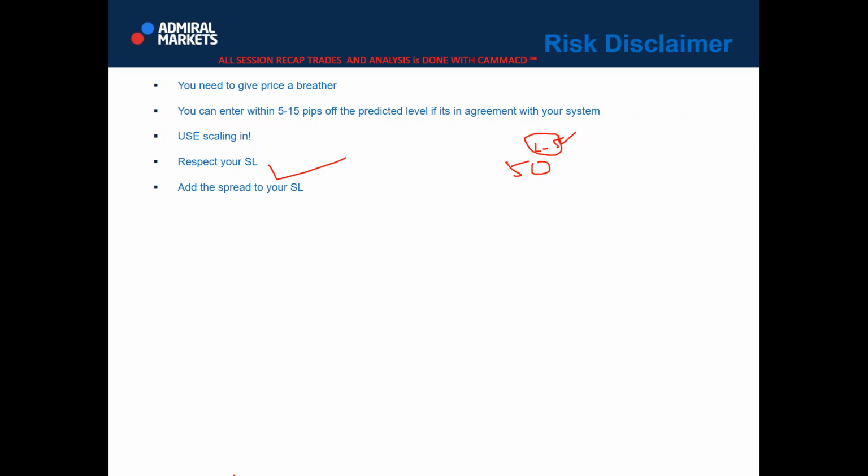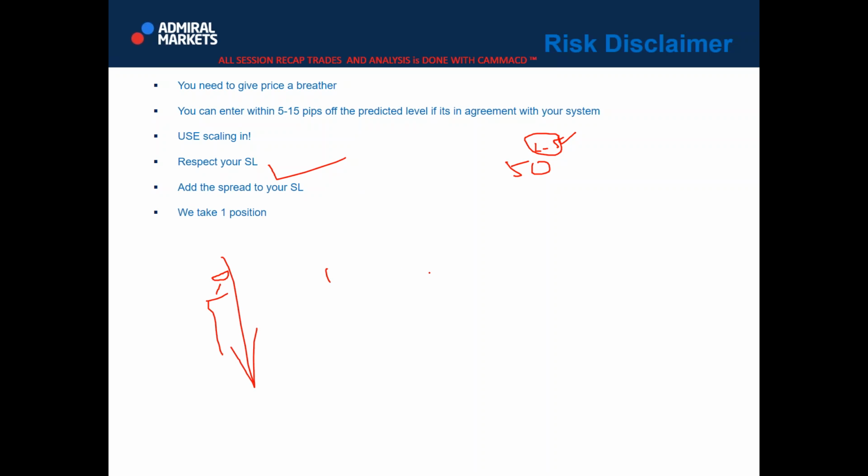It's always good, because sometimes the price may go a little bit, 2 or 3 pips, above your stop loss, hit the stop loss and then go down. So I always use that rule. So if my spread is 1 or 2 pips, let's say, I will use 5 pips. It doesn't matter. It won't mess with my money management, so it's usually okay.